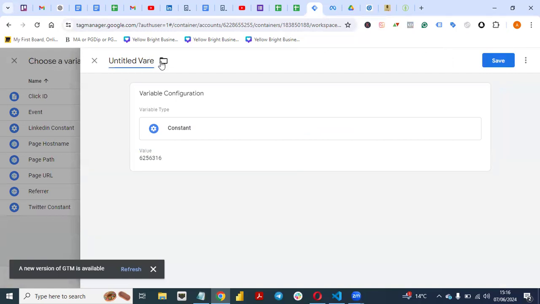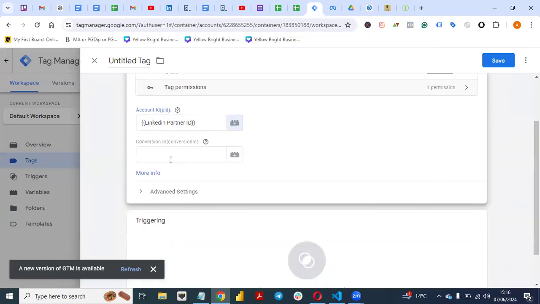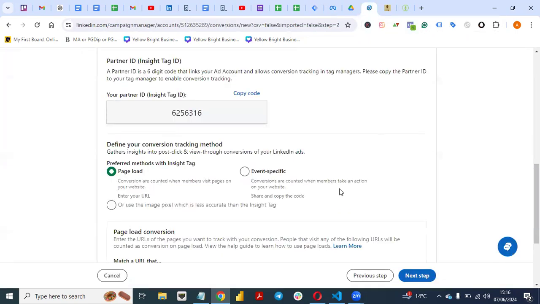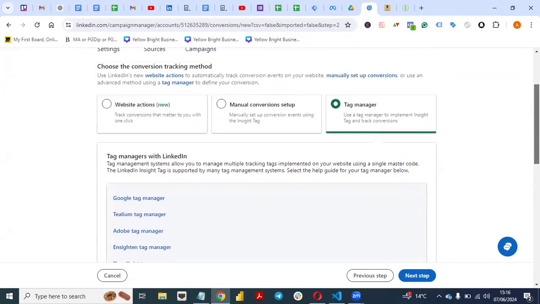I will say LinkedIn partner ID as my constant. Then I will save it. Me using a constant means you don't have to come all the time to change this. Then you put in your conversion ID. Since they didn't provide us a conversion ID here, right? They didn't provide us a conversion ID for page load. So all I will do is